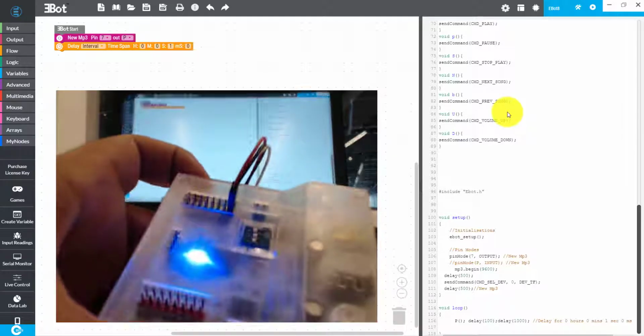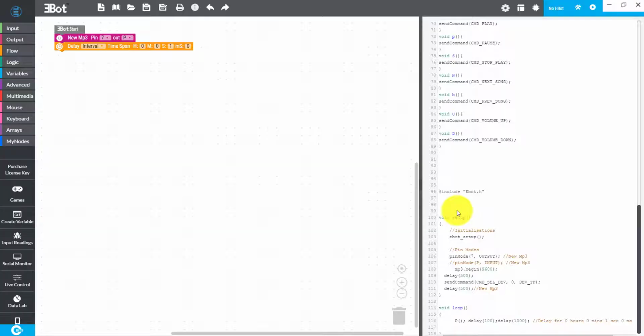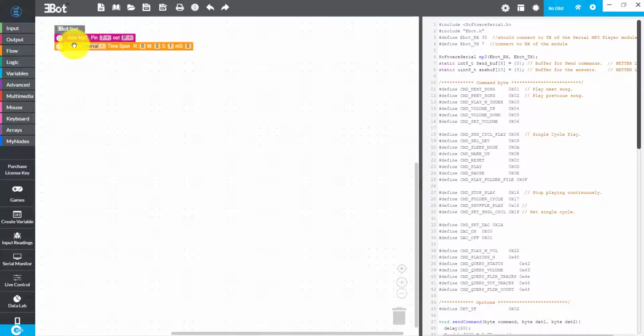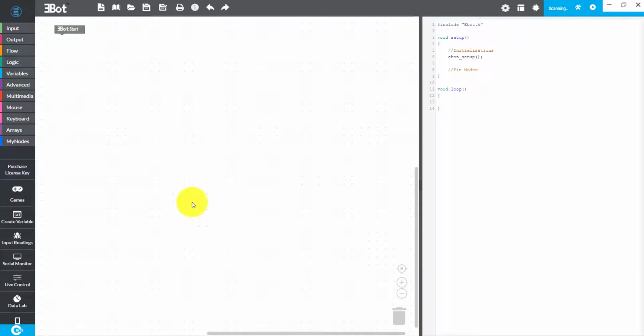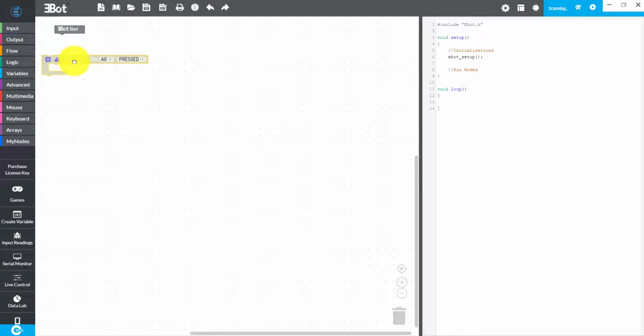Now let's try a different program. Okay, now let's try to make a new program. We are going to try all the functions here. Let's start a new one. Okay, let's say I have 8 buttons, from A0 to A7, and each button has a function. So let's go for it. If I press A0,